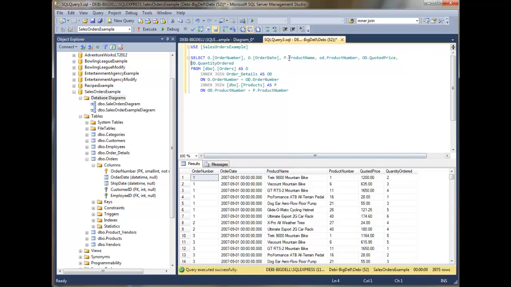Move this to a new line, and I'm going to put my calculation in. Since I'm tracking now, I know that my tables are connected, my joins are working, and now I'll add my calculation. Order details quoted price, times order details quantity ordered,